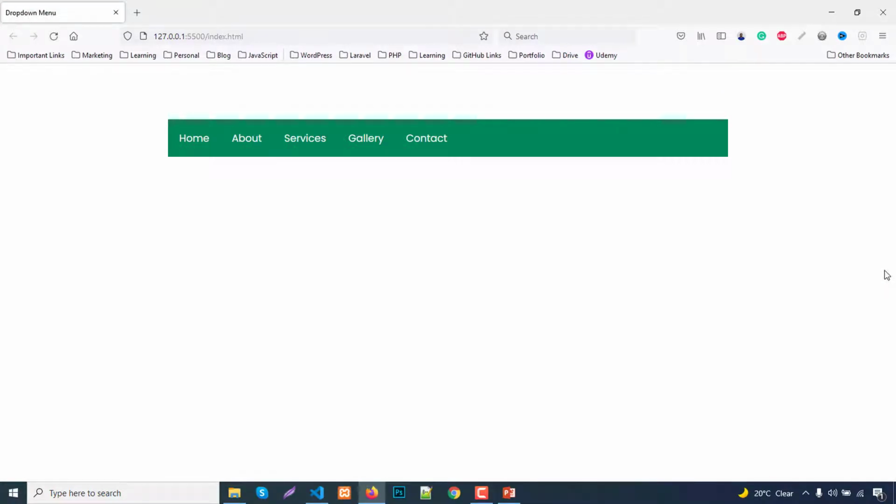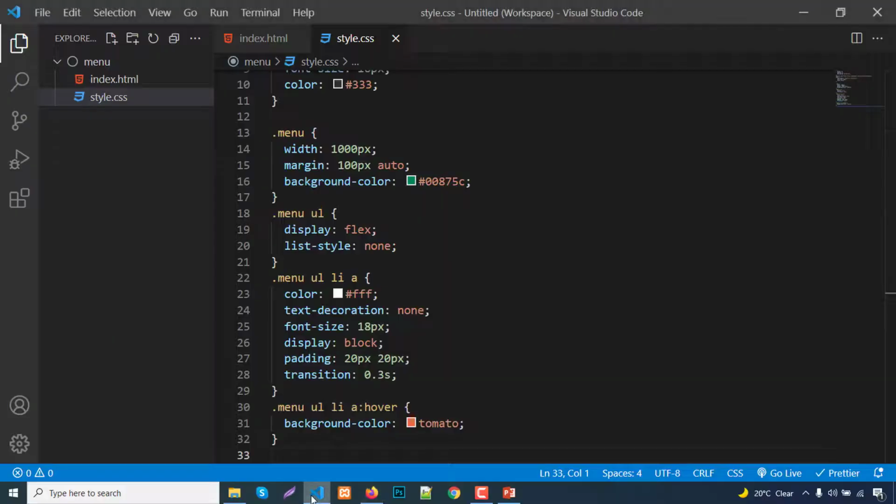Now the second step is the drop down menu. When the user moves the cursor over home, about, or services, another drop down menu becomes visible. The user can easily add a drop down for any item. For testing, I use a drop down menu for home. So how can we do this?